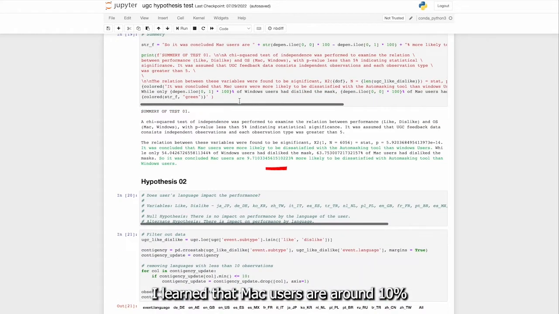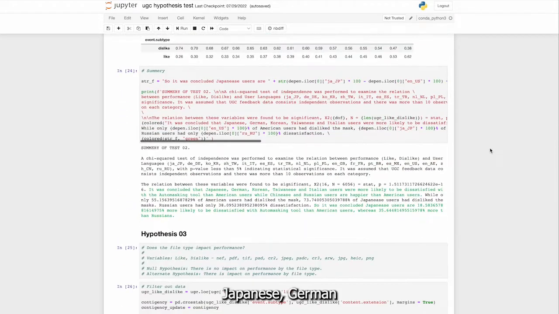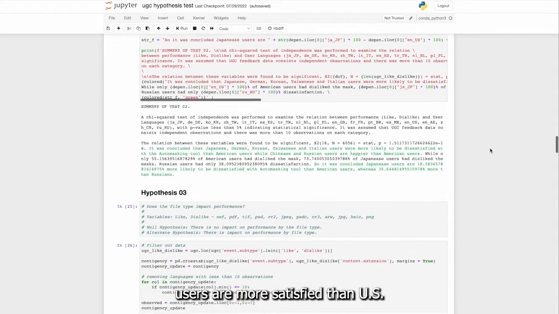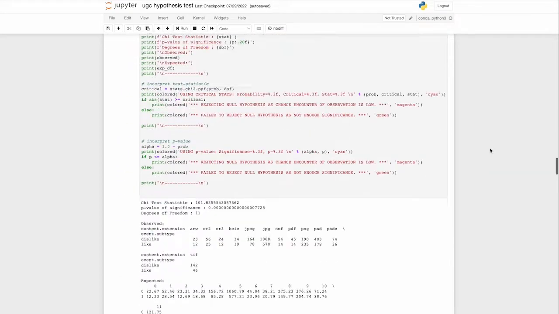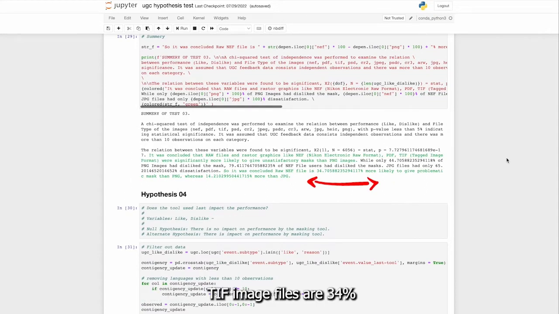I learned that Mac users are around 10% more likely to hate the auto-generated mask than Windows users. Japanese, German, and Korean users are almost 19% more likely to dislike masks than US users, while Chinese and Russian users are more satisfied than US users. RAW files and raster graphics like NEF, PDF, and TIF image files are 34% more likely to be problematic than